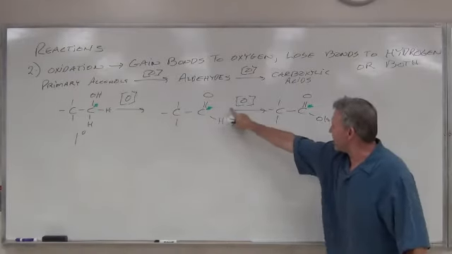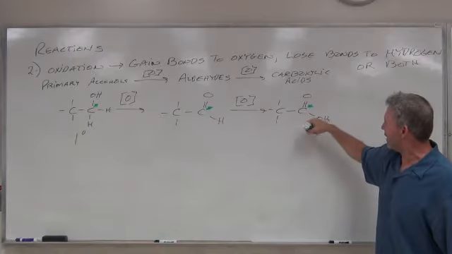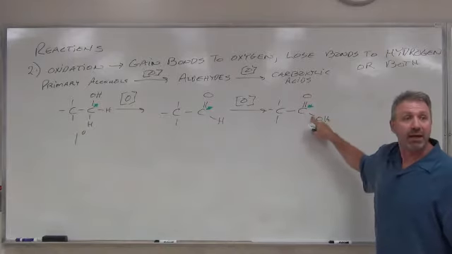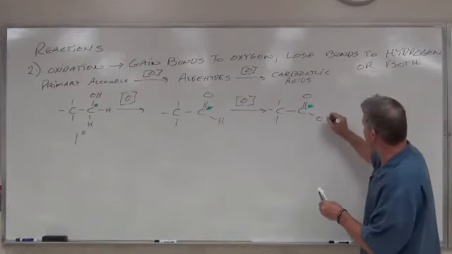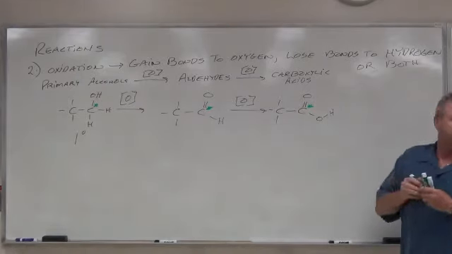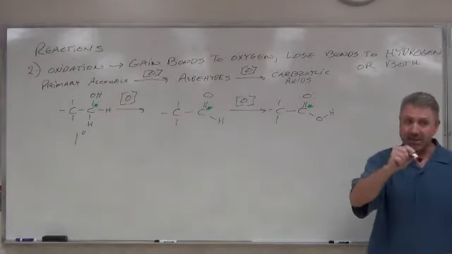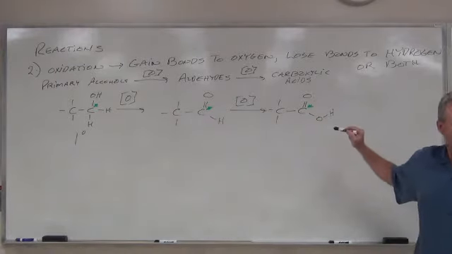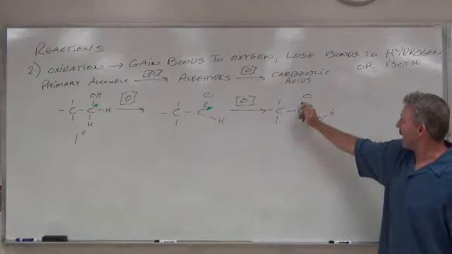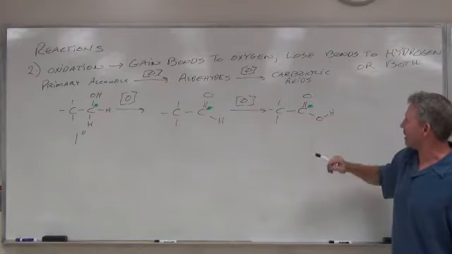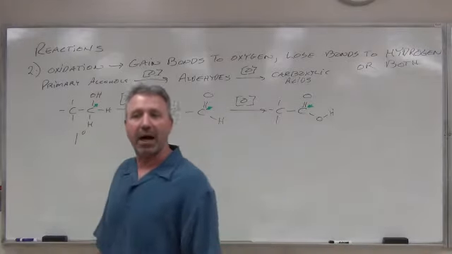Then I oxidize it again, and I look at this carbon. How many bonds to oxygen does it have? 3, right? Remember, the OH groups aren't bound to the carbon, they're bound to the oxygen. So my starred carbon, it's the same carbon all the way through. It's the one that had the oxygen on it. Still got the oxygen. Here I have 1, 2, 3 bonds to oxygen, no bonds to hydrogen. So I did both again. I am oxidized.